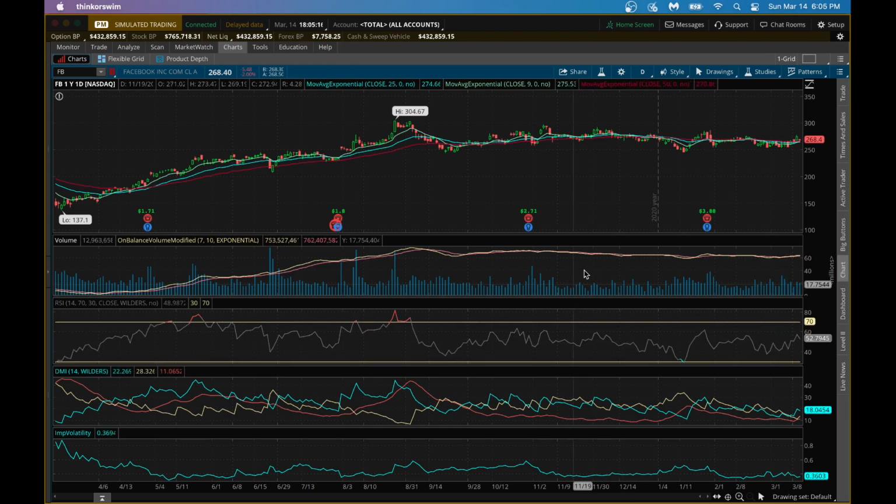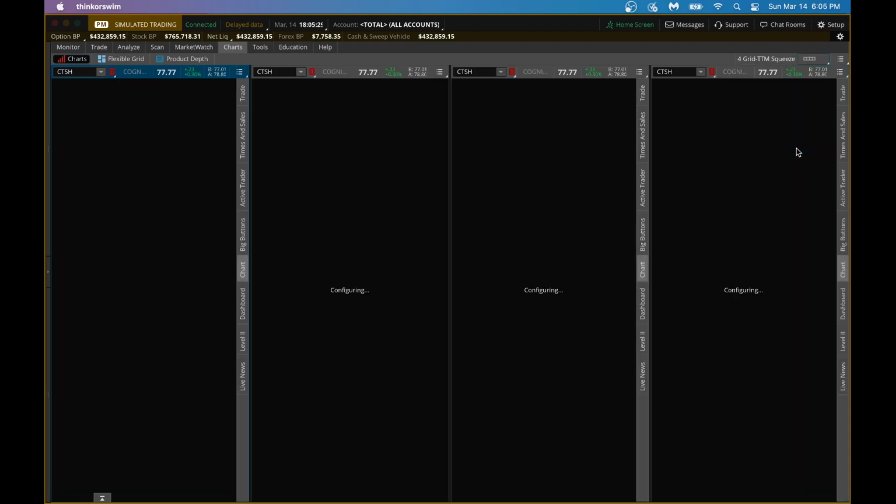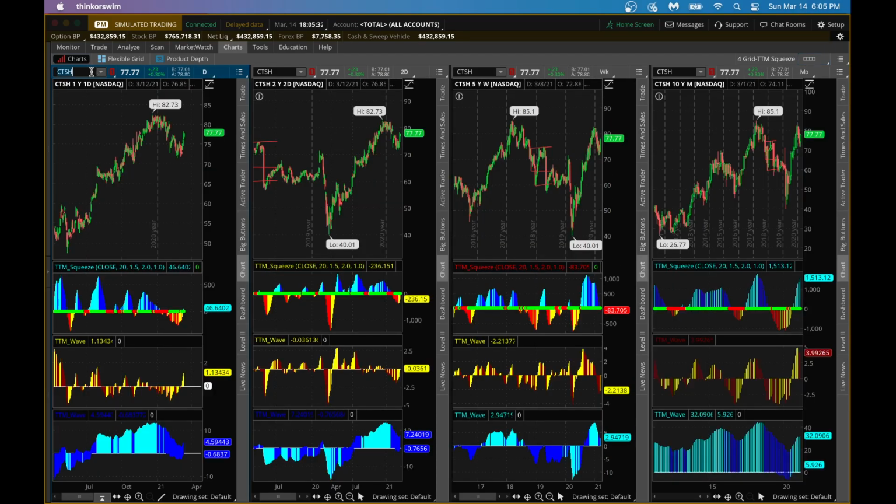And on-balance volume itself is going up, which is a good sign. Implied volatility is kind of low, so it's okay to buy options at this point. And if I look at John Carter's TTM Squeeze indicator on Facebook,